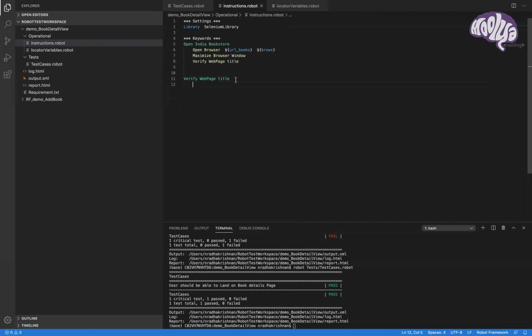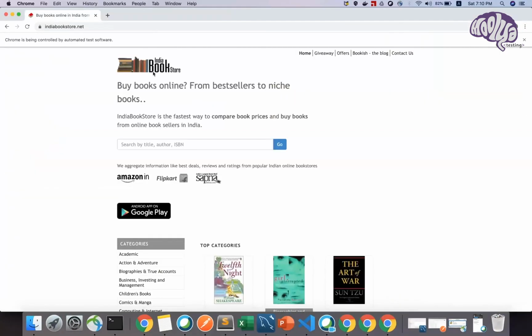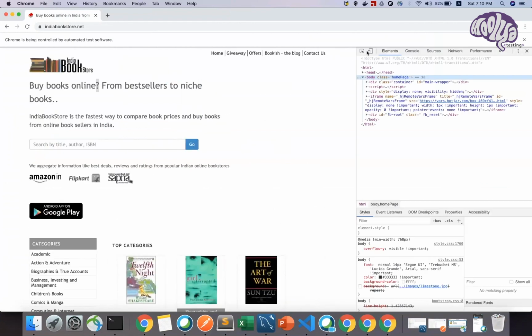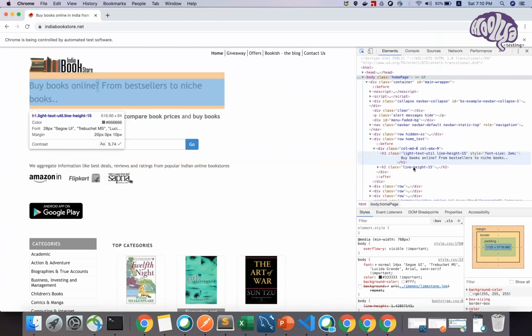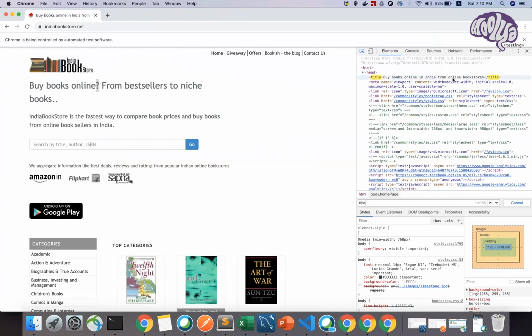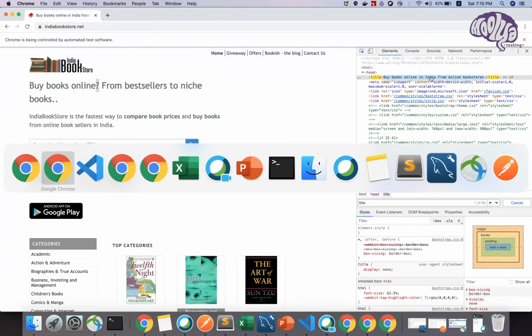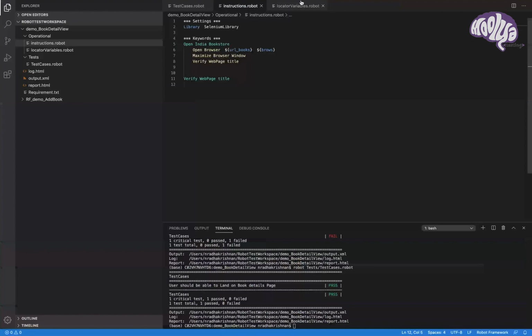All I'm trying to do is validate whether I'm on the current page or not. The title. Okay, let's validate the title here. This is my title name. This is what I'm going to verify. This is my expected. Let me save my expected title name in the variable.